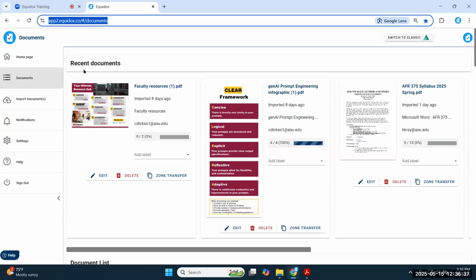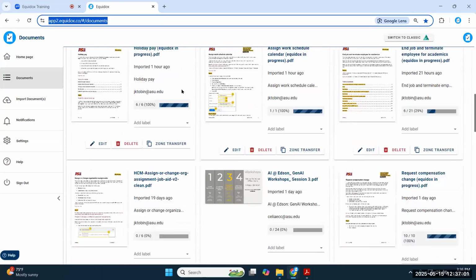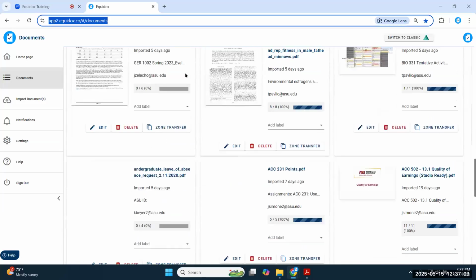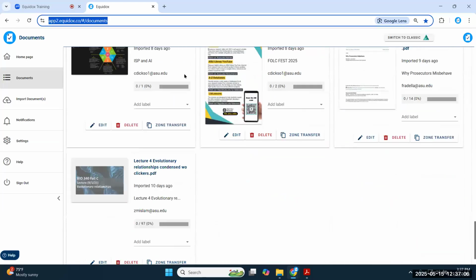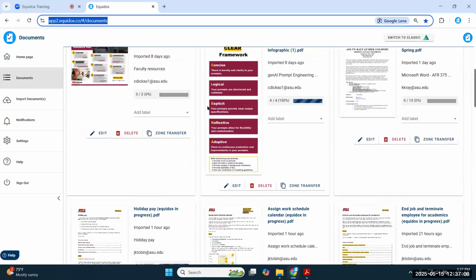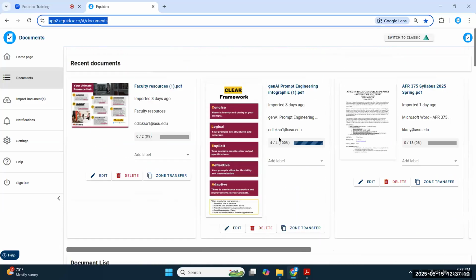Now, what we're looking at here, I'm actually in your account. So for anyone that's set up as an administrator moving forward, if you log in one day and see my documents in here, that's by design. Administrators are able to see everything that's in the account and being worked on. But most of you, if you're a standard user, will see a blank slate when you log in for the very first time. You won't see any of these documents here. These are documents that have been imported over the various days, weeks, and months by other colleagues working on documents.